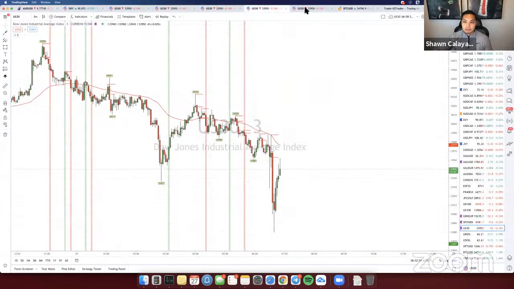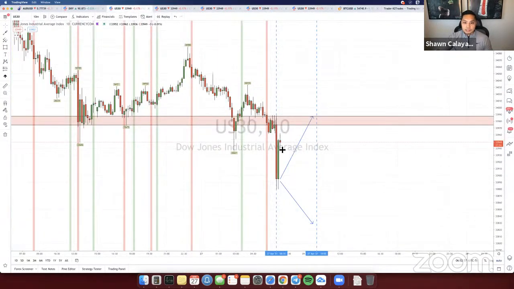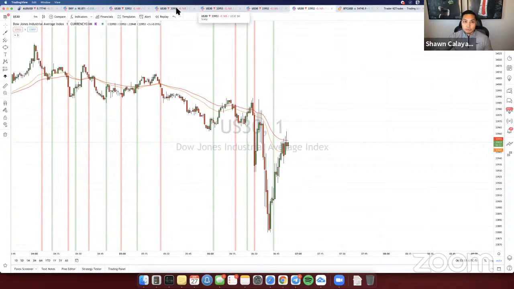So back to US 30 over here. We're just waiting for this to set its direction. It looks like it retraced up a little bit, but I'm not sure if it's going to come back down or if it's going to continue pushing up higher. So we'll keep watching for it here. I do have my alert set up, so we'll keep watching it. Nice, SZ. Yeah, so you caught it, dude. Awesome. So let me just scroll up real quick, see what I missed over here.